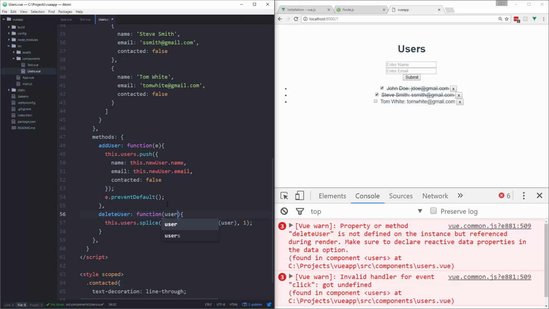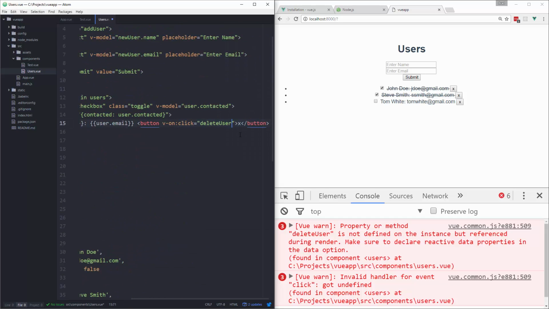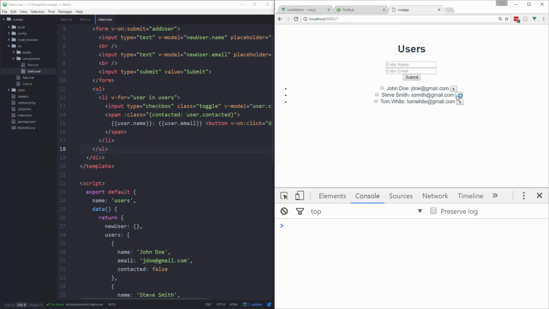So we have to actually pass that in as a parameter. So up here, deleteUser, we'll pass in user. Okay, that should work. Let's save it and click X, and you can see it deletes the user. Alright, good. So we can now read our users, we can delete them, we can update the status, contacted, and